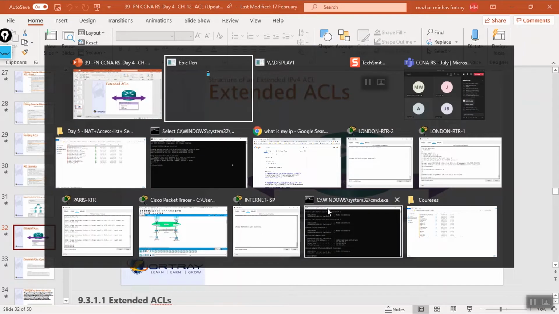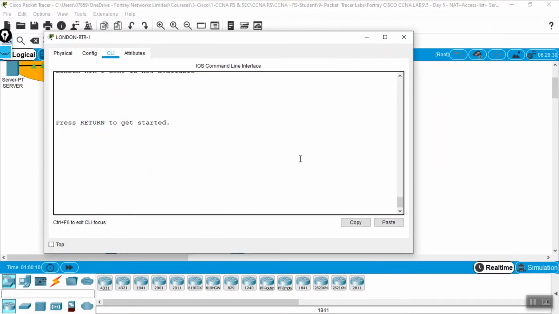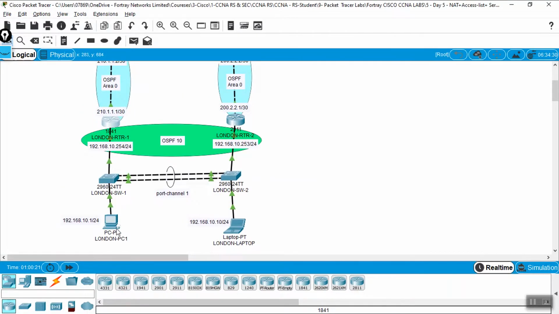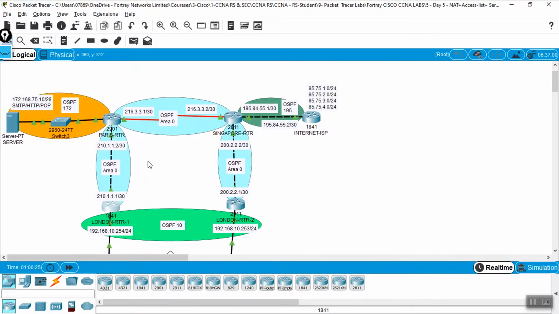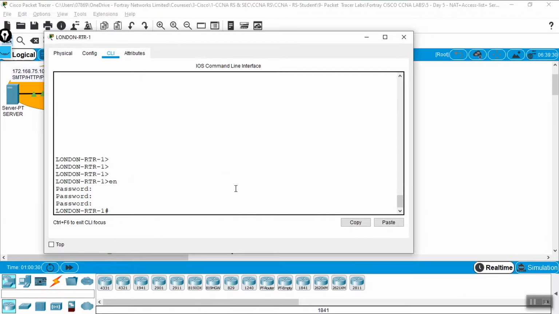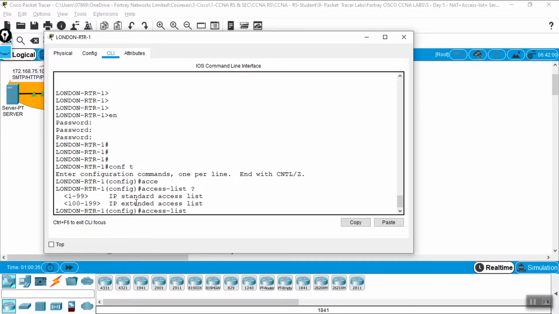Let me show you how we can configure the access list. So on this London router, from this machine, traffic is entering the router. Okay, so you can apply this access list here. First of all, let's see how we can do this. Access list question mark. You see the standard access list starts from 1 to 99. If I just say, let's say 20,